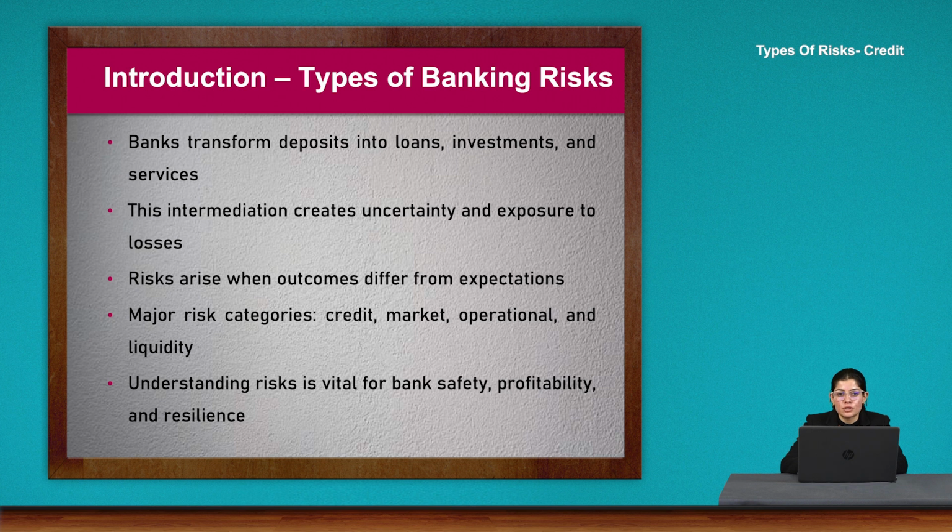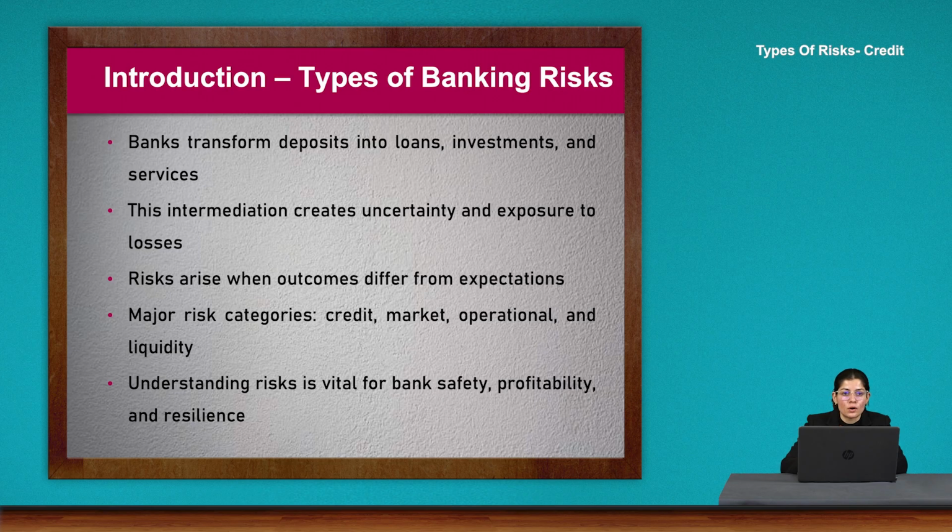However, this transformation process inevitably exposes banks to various forms of uncertainty. When actual outcomes diverge from the expectations, such as borrowers defaulting, adverse market movements, system breakdowns, or funding shortages, banks experience financial strain or losses. To analyze these vulnerabilities systematically, risks are commonly classified into four broad categories, that is credit risk, it is related